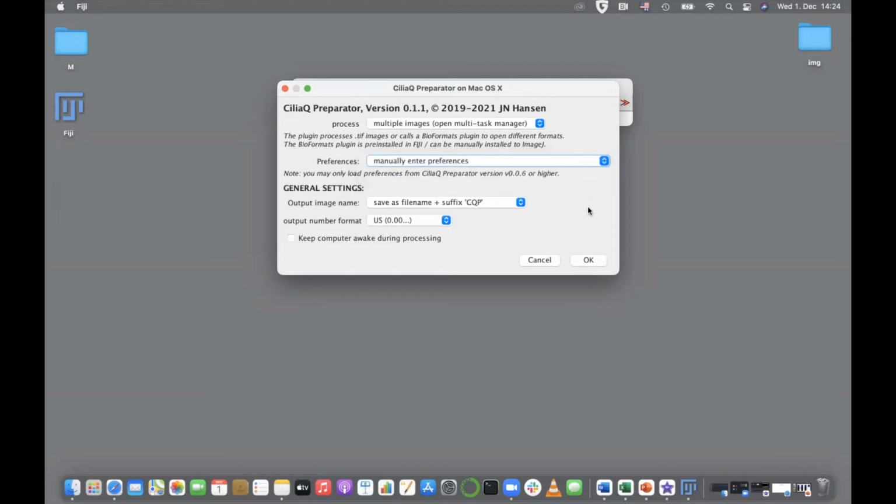Also, here we have another option, which is output image name. Here you can specify whether you want the output image name to contain the date or not. But it's good to know that CiliaQ Preparator automatically overrides while saving. This means if you process an already analyzed image again, the output file from the previous analysis will be overwritten. If you check the option to include the date and time in the output file, previous analysis will not be overwritten because the output files